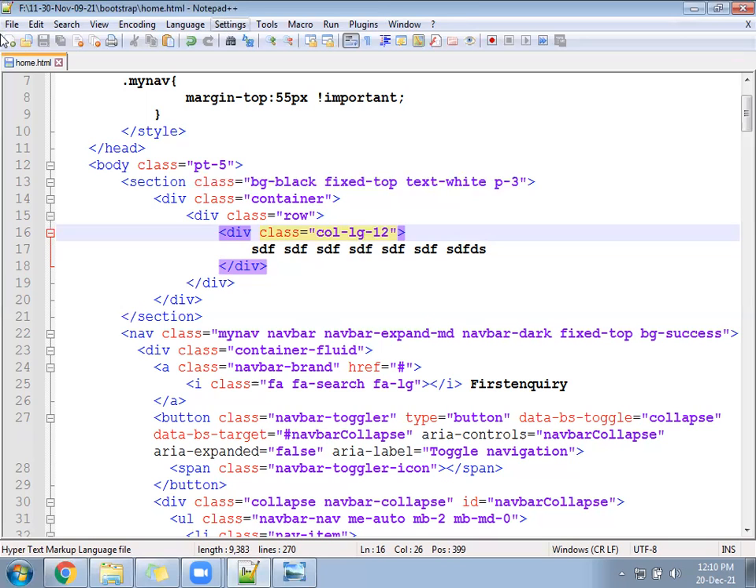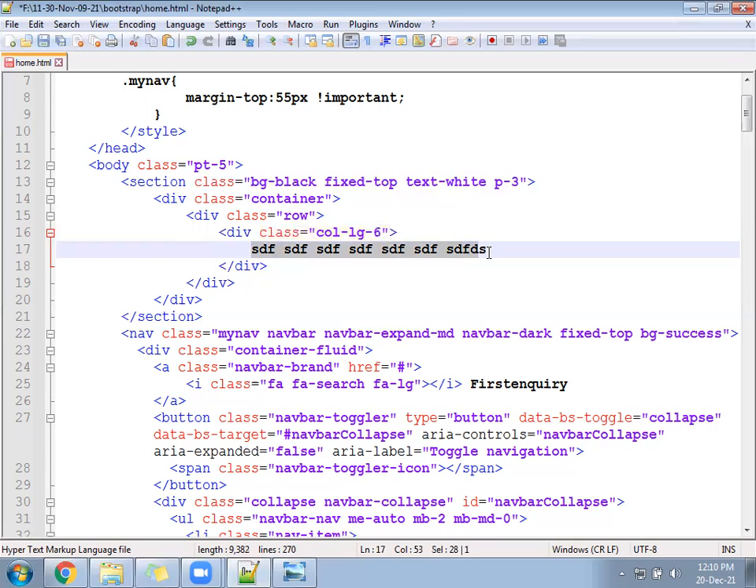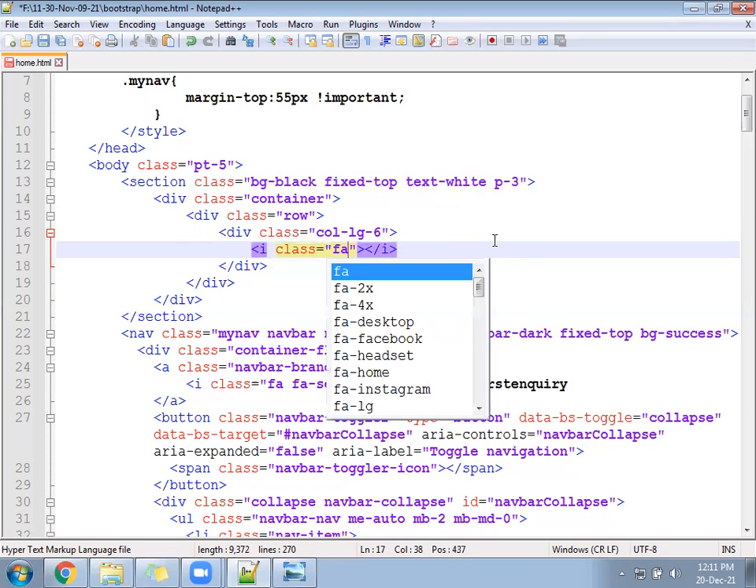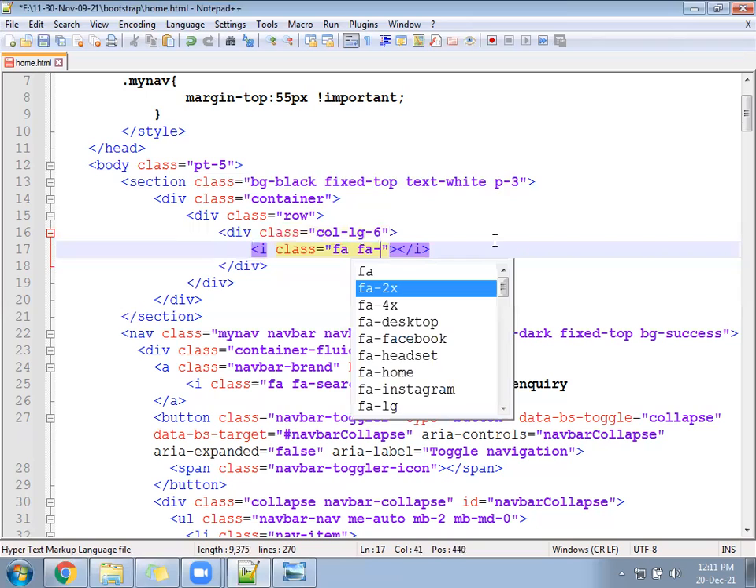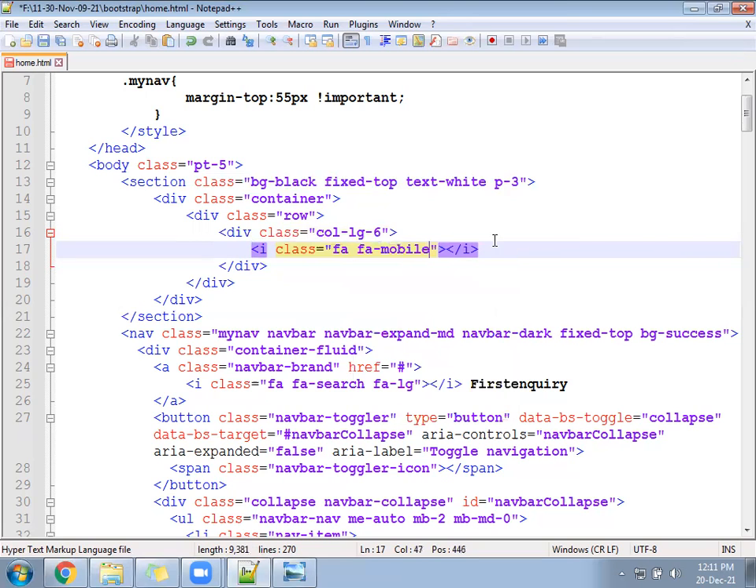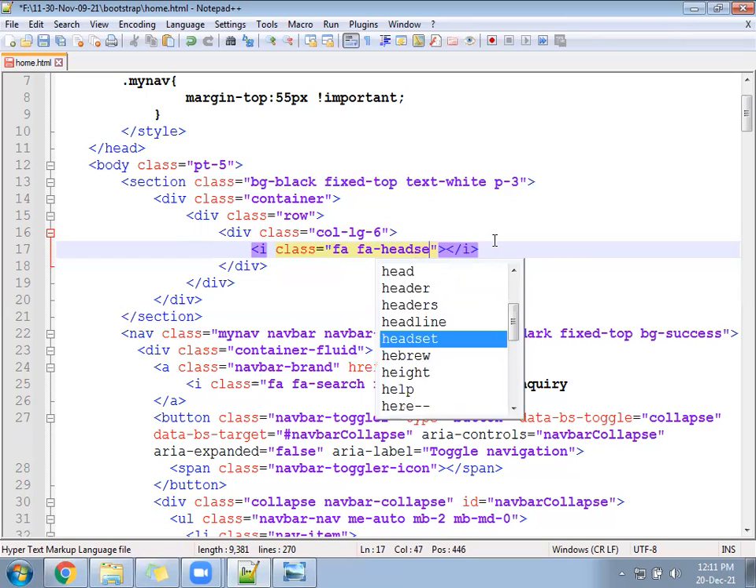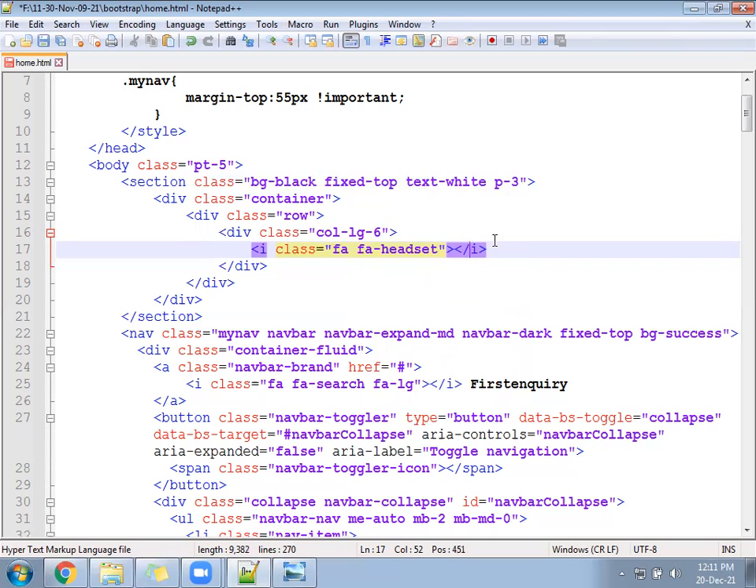Displayed 6 and 6. The first 6 is what we have added: the contact number. Any icon for that? FA hyphen... No, mobile we want to display. Or maybe headset. After that,